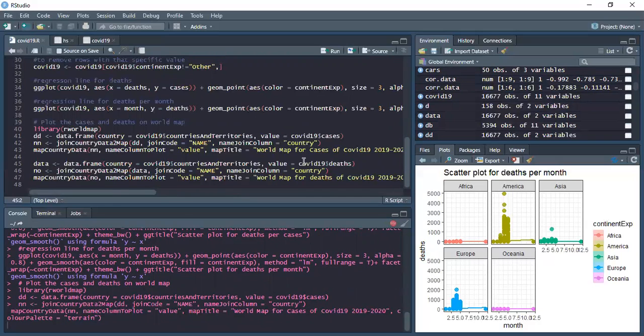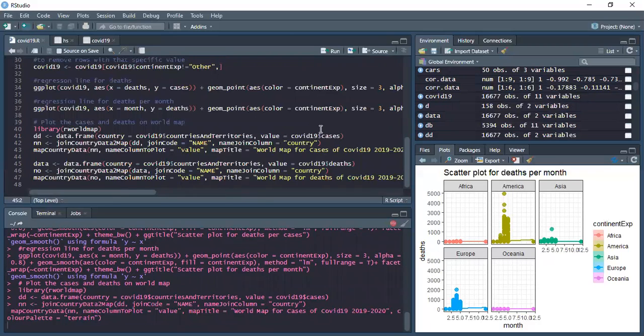It will take much time to plot that. So till then, we will look at the deaths. Still, the deaths were not much. It's not so good to view the deaths on the world map.